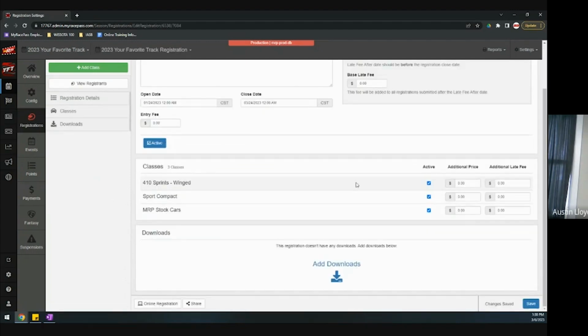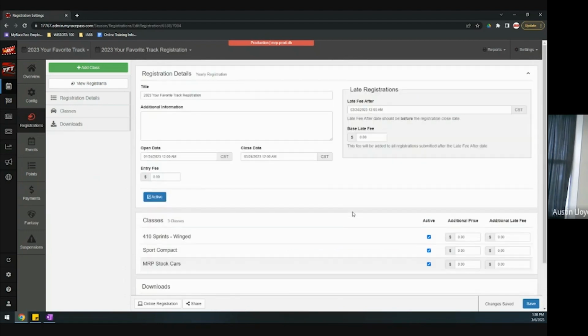You can add whatever class you want, whether it's one or all, or however many classes you want to be a part of that registration. You can add a price to it if you charge some kind of membership fee or license fee or registration fee for your facility specifically. You can add an entry fee option here. The way that works is they'll pay it when they register through My Race Pass, and we will keep none of that money. All of it will be passed directly to you. Right now, we do that through PayPal, although we are exploring other options. So if you wanted to turn that on, you could turn on registration funds and start receiving money through PayPal